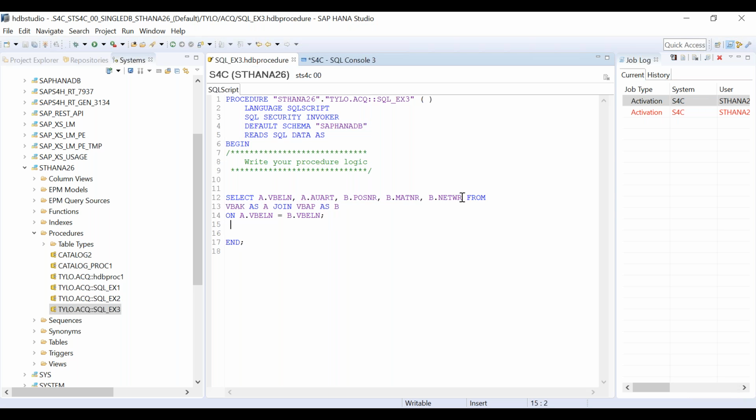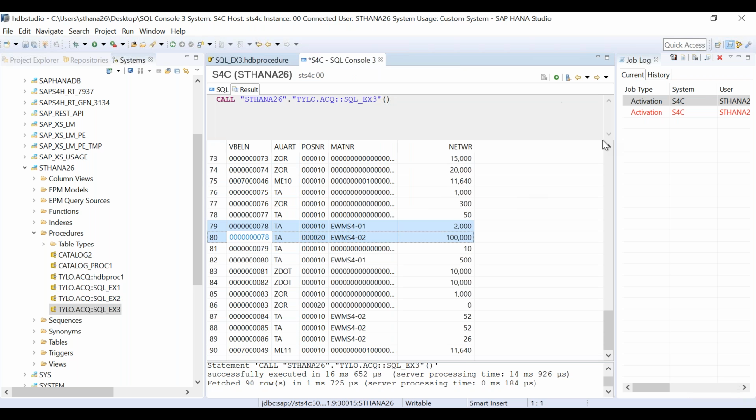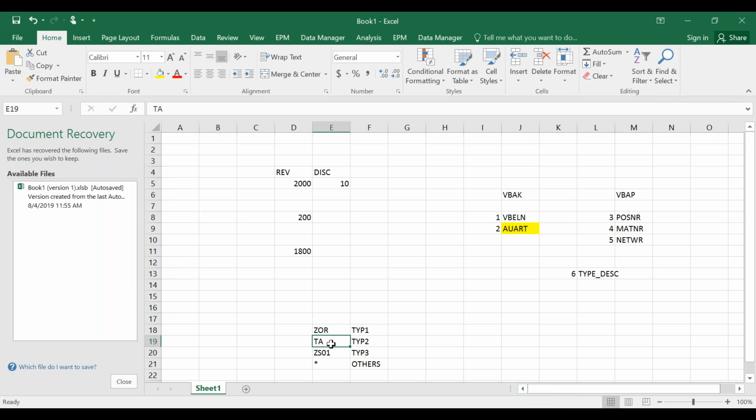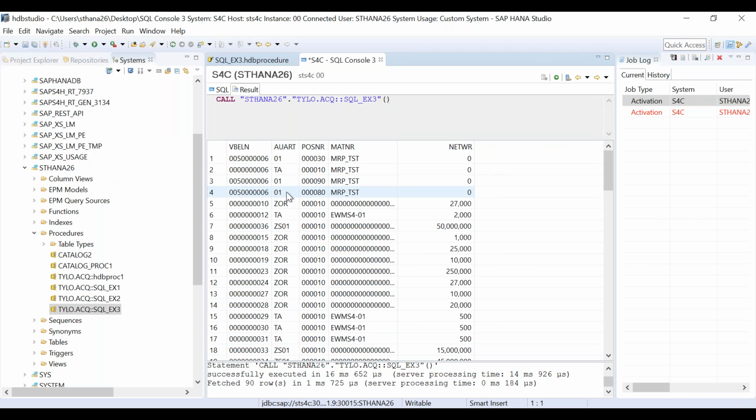Now what we want to achieve here is that if you look at the output here, if you encounter any table type, for example, what we have written, if the TA table type is there, I want to write type 2 in the new column. So TA, you see, this is TA.